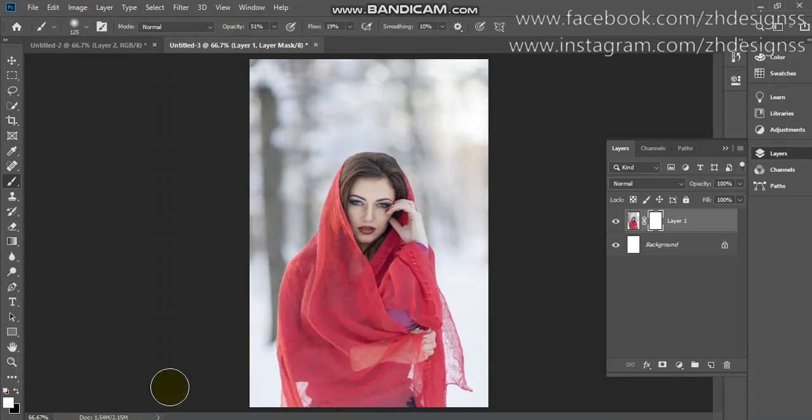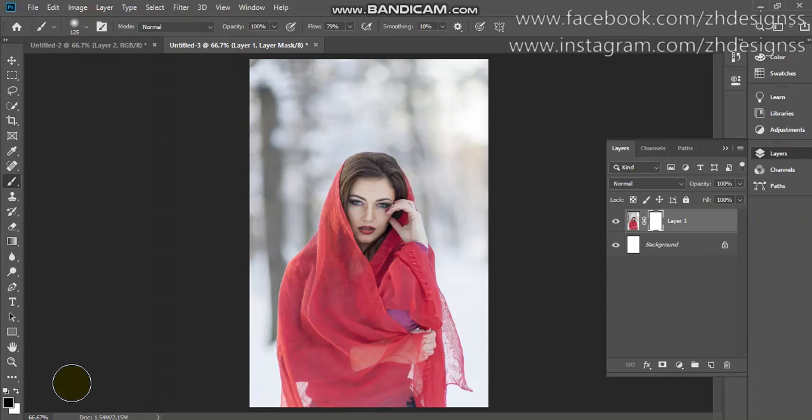Again you can use X to exchange them. First I set my opacity to 100% and flow to 100%, maybe 70 to 80%, to show you how we use it. So black foreground color is used to remove something from the image and white is to reapply it.